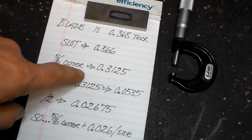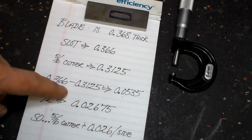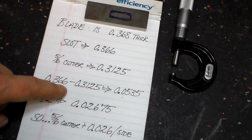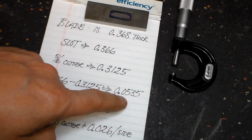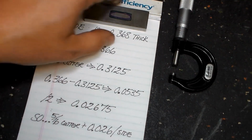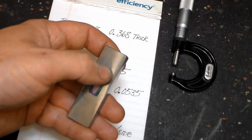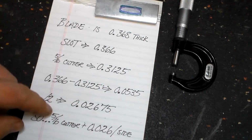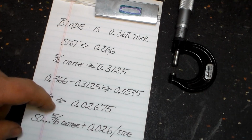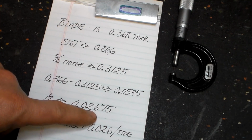If we take the decimal form of our 5/16 cutter, that's right here, we need to subtract that from our desired slot dimension. That's going to give us 53.5 thousandths. We remember that's the final amount over that initial slot, so we need to divide that in two. We're going to take an equal amount off either side, and that's going to give us this dimension here. And since that's beyond